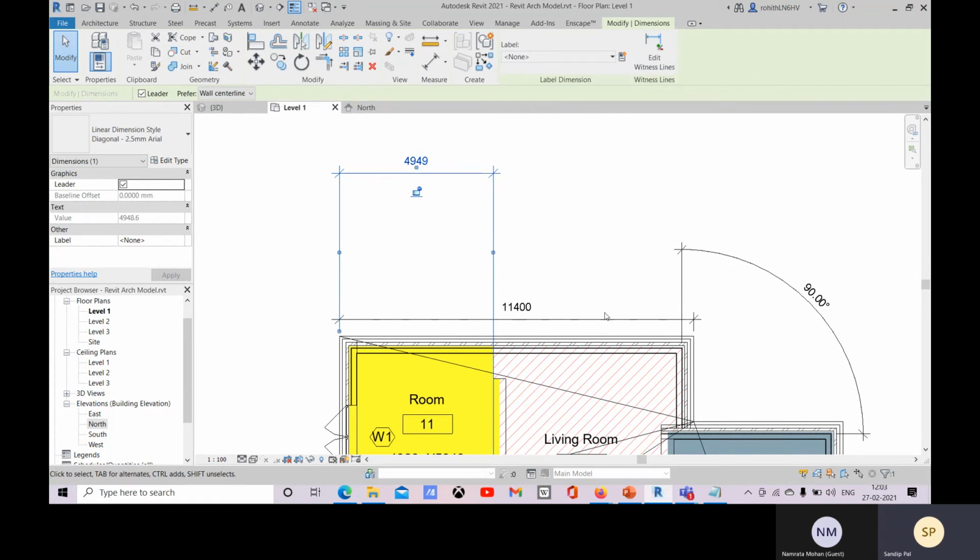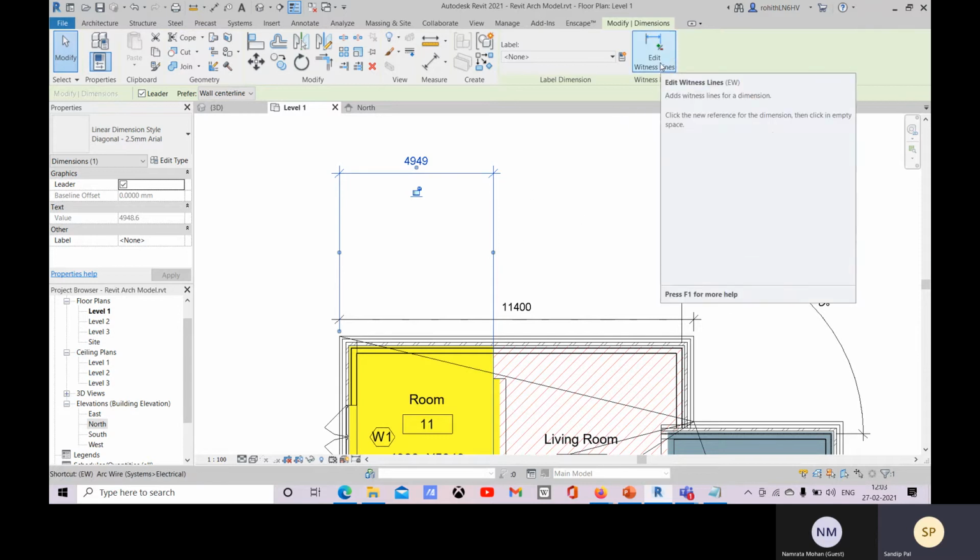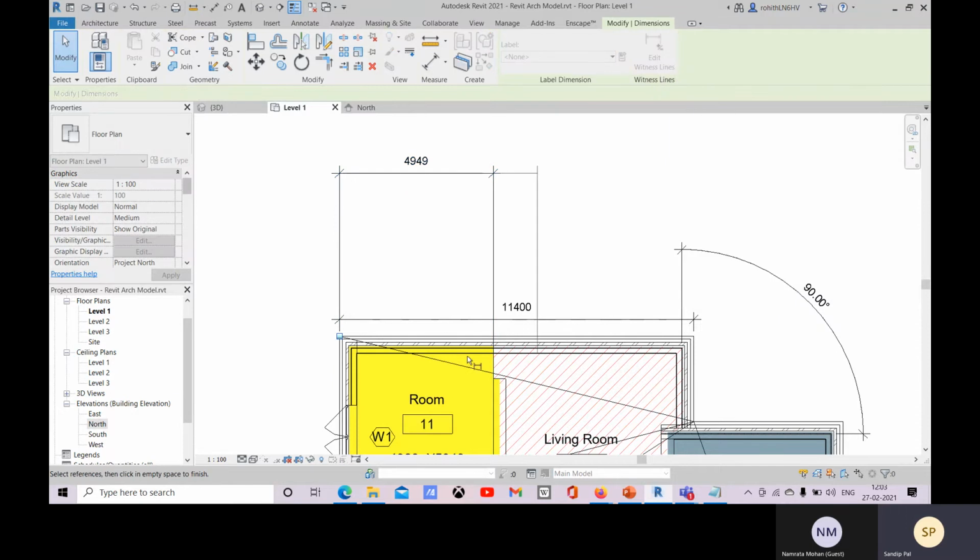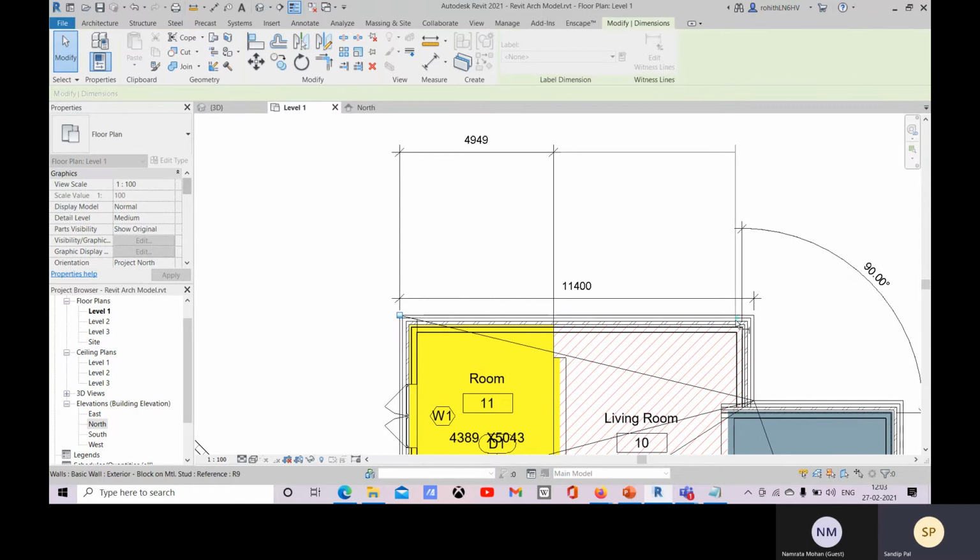So you select it, and you can go with the shortcut. After selecting this dimension, you can go with EW for edit witness lines. Here also you can see that EW is the shortcut. So you select it, and then from this end it will continue, or you can make it from this end, and then you can place it here.